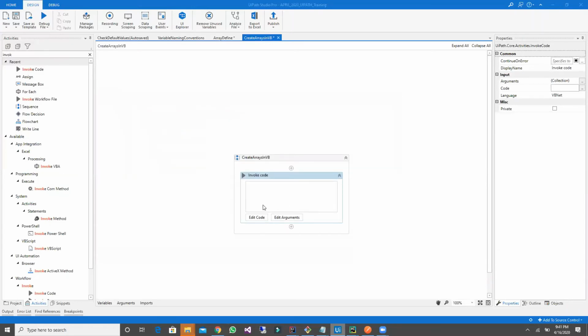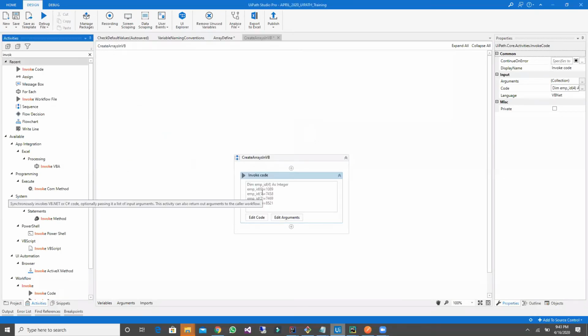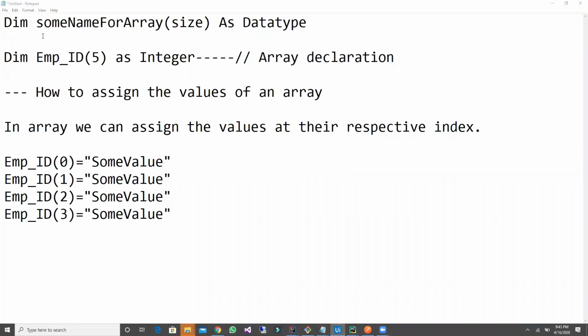So let's wait to make the code get visible here. So earlier this is a little quicker, but in the new version, it takes some time to get the code to be generated there. Now fine, we got your code here. You have to wait till the code is getting visible in your invoke code. Then go and click on run file. We shouldn't get any exception here.